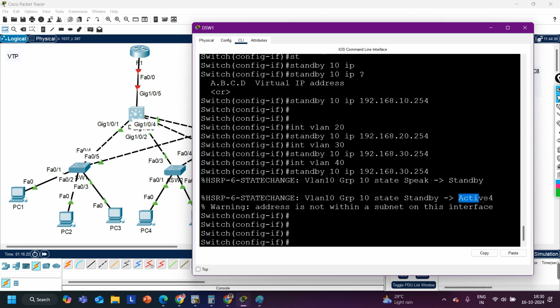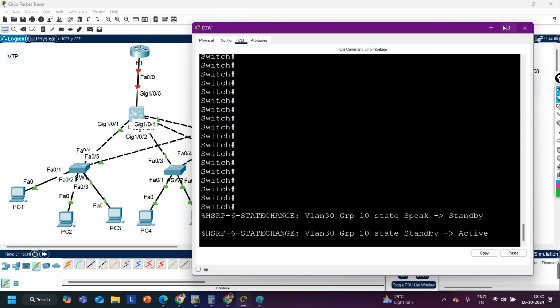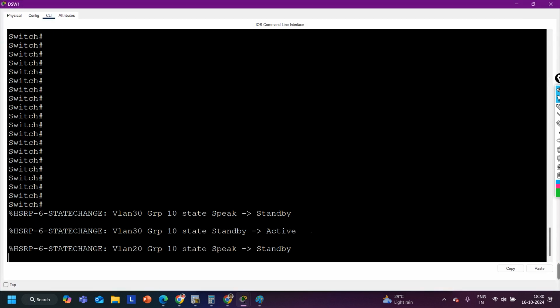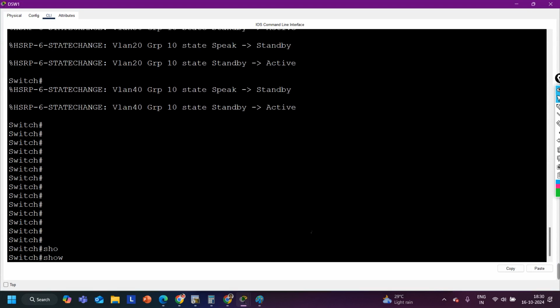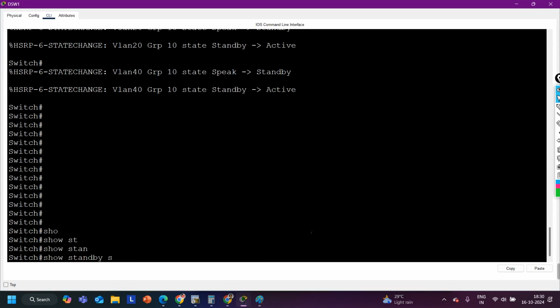Done. Now you can see this switch is the active switch for VLAN 10. VLAN 10 group number 10 state active. Done. For all the VLANs, soon this switch will become the active switch. How to verify? You can see the log message. For VLAN 30, it's standby. Now it's active, right? To verify it, we can run the command show standby